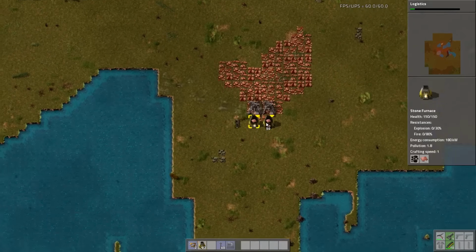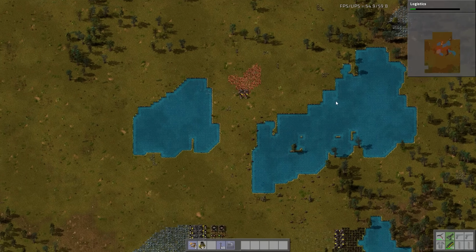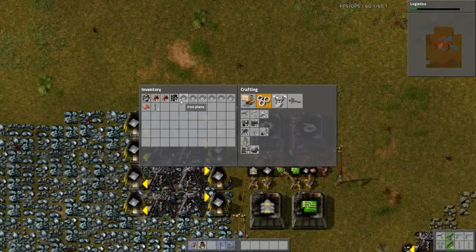This is a pretty good start. I'm pretty happy with this. The copper is going to be a problem. But I see some copper up here, so it'll probably be okay. I'll just bring that copper down and then double the belt width when I need to. And then by the time I do that, I should be ready for...